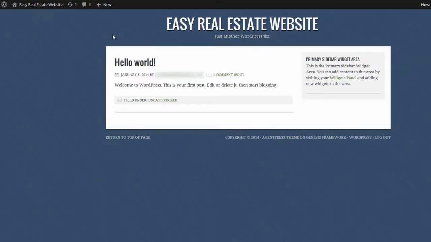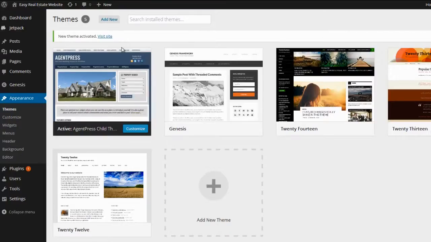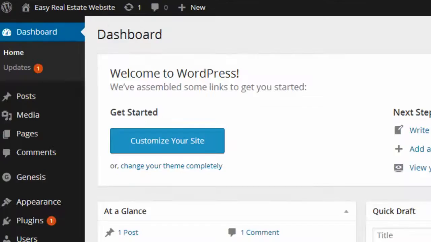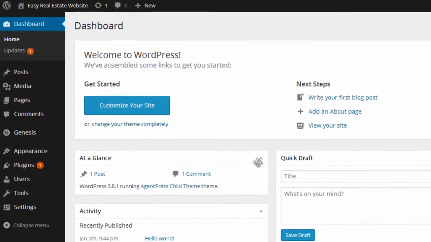In order to make this into the website that we want it to be, we're going to have to do a little bit of customizing, which I'm going to walk you through right now. You can hit the back button and go right back to the dashboard. Okay, now once you're back at the dashboard, we're going to look at one thing up here, and you'll probably notice